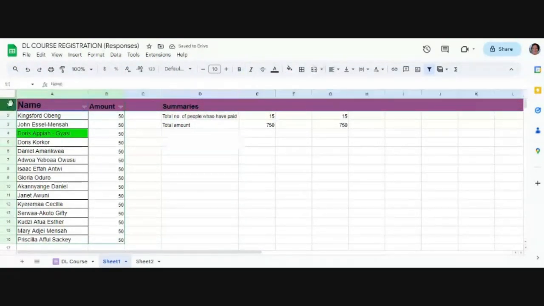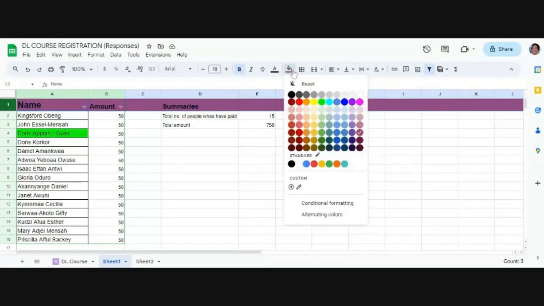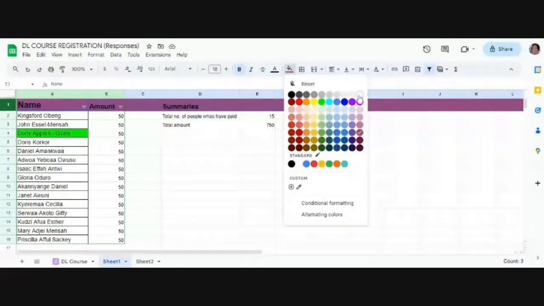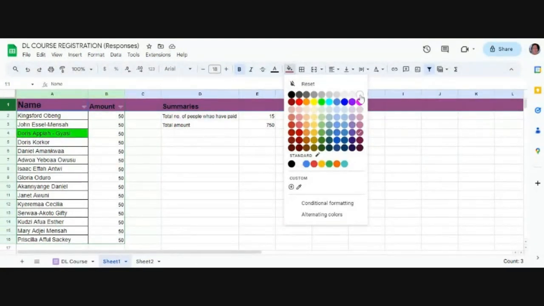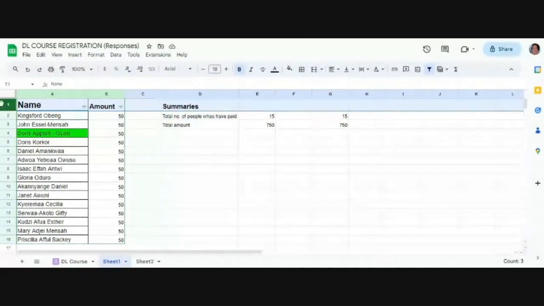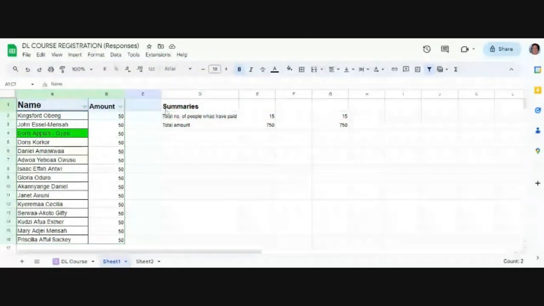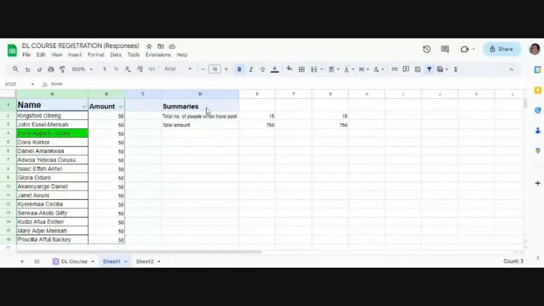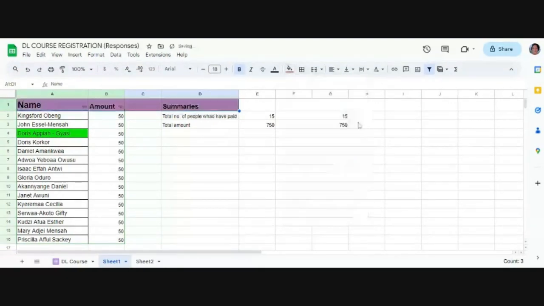If I also want to remove the color, I click there again, row 1. Then I come, I want white, go to white. So you click on this, this is white. You see it has gone back to how it used to be. Now I want to put the color from column A to column D. So I click and hold, and then move to column D. And then you go to the color and put it there. There it is, so beautiful.